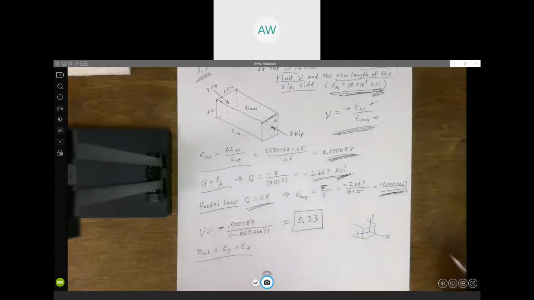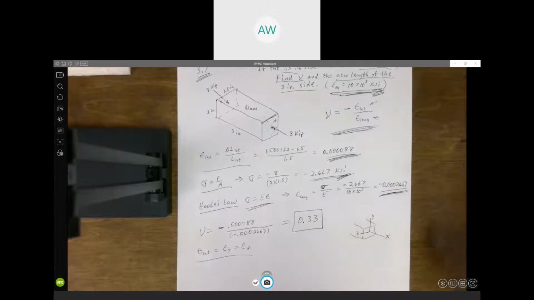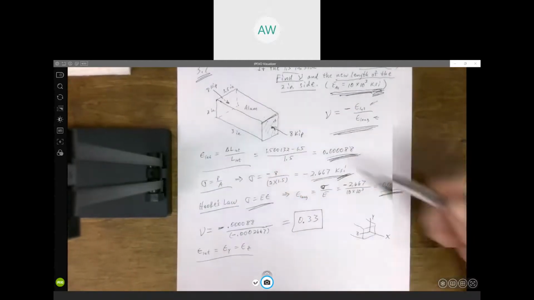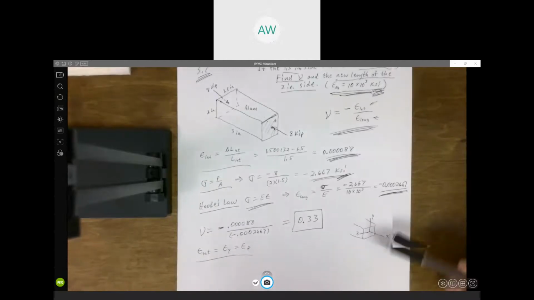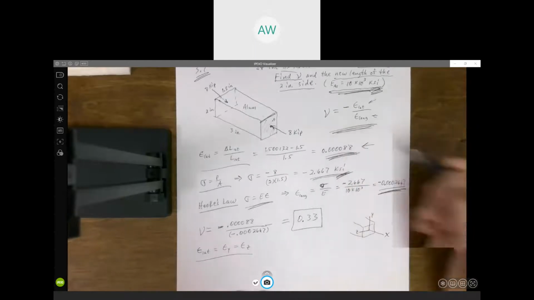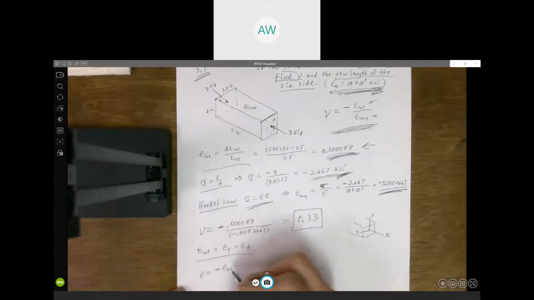That ratio of change in length over original undeformed length would be the same in both the Y and the Z direction. And in this case, if you want to apply this coordinate system to our picture, the 2-inch side is the vertical lateral dimension, so that would be the Y direction. So we know what the lateral strain is. So if Poisson's ratio is minus the lateral strain,